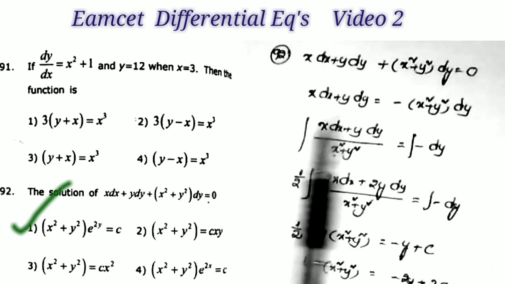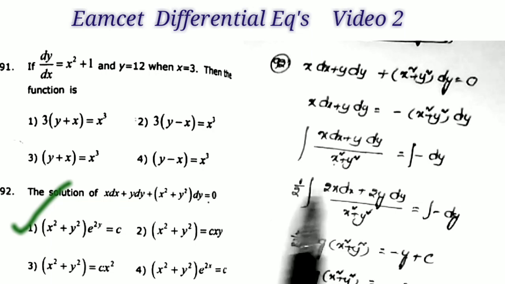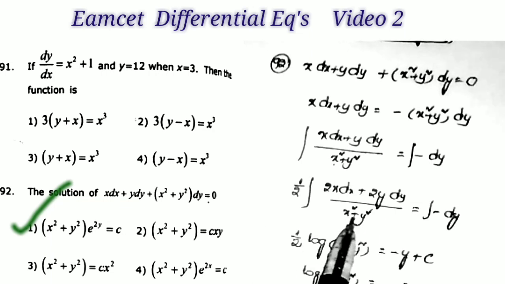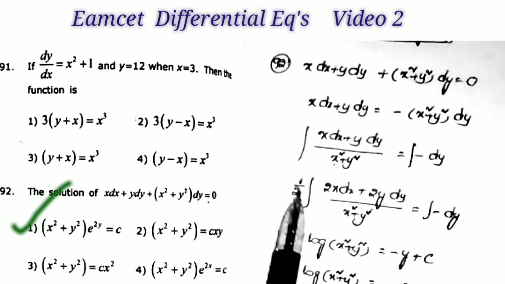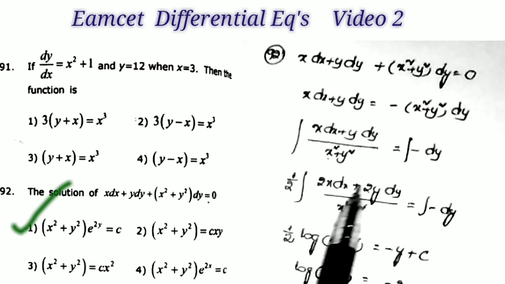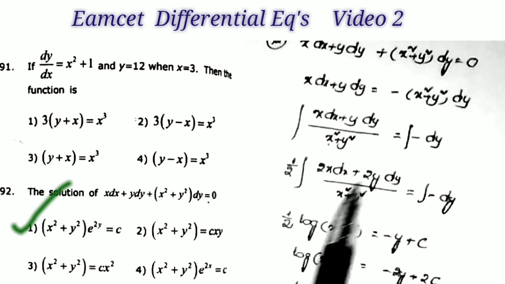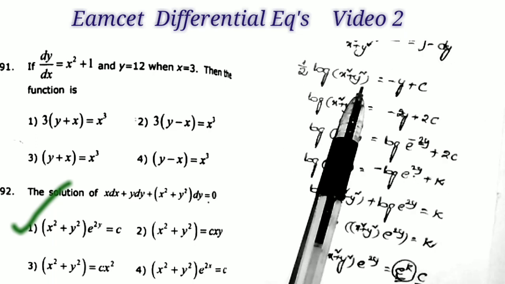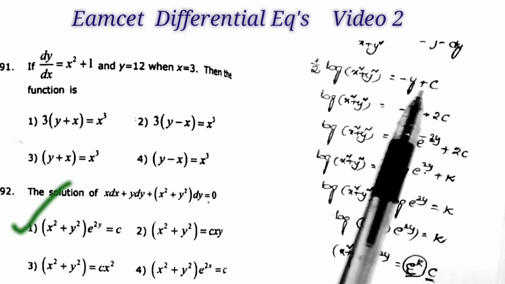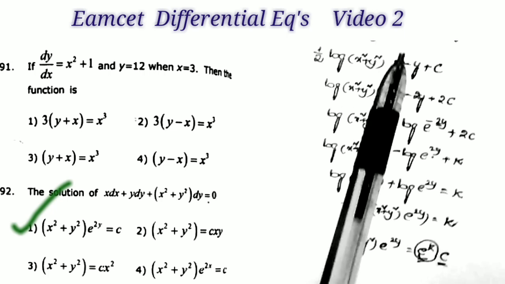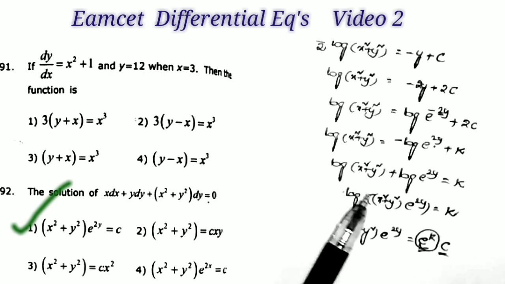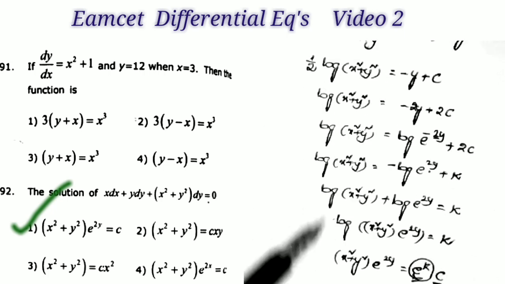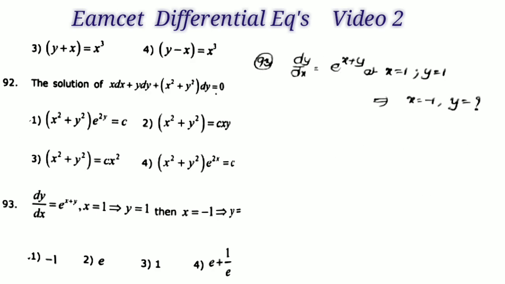First writing this value to this side, after that applying the integration, and to form the derivative of the denominator at the numerator, I apply the number by 2 and 2 to the given quotient like that. After that it becomes in the form of f of x. So simply this is the answer of the given quotient. Now to get the option we are taking the simplification like that. To get the given option we are changing the simplification like that. That's all. Okay, listen to the next problem.